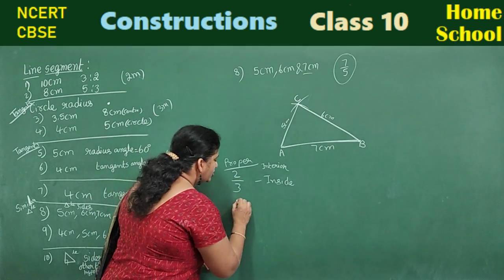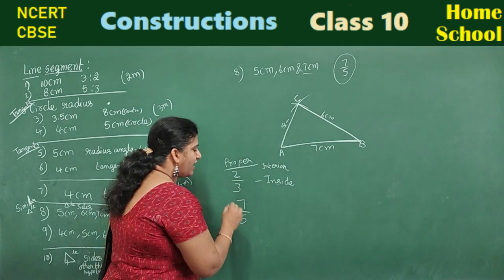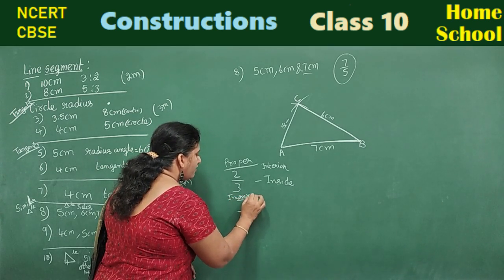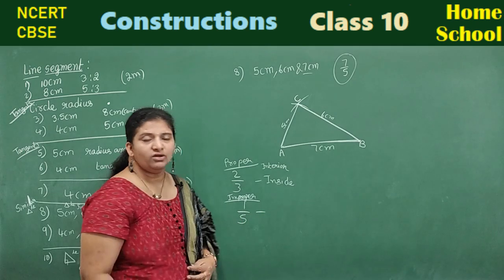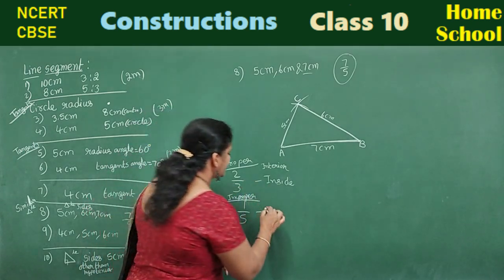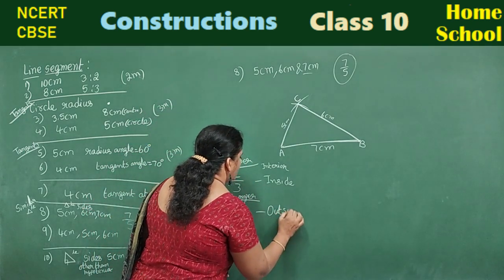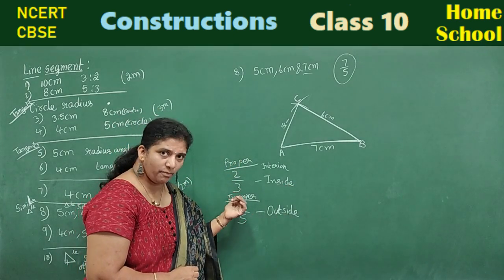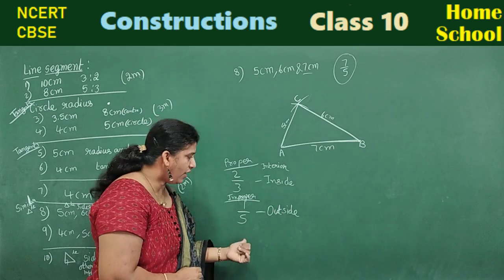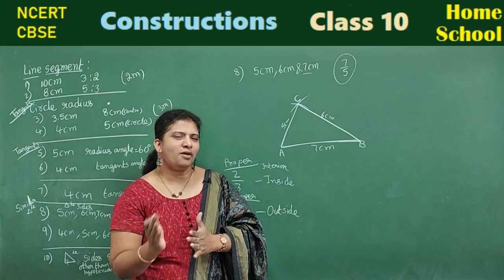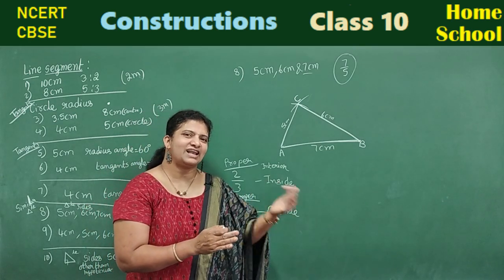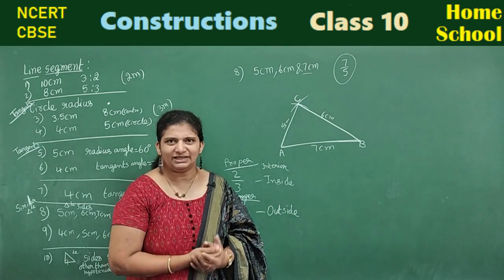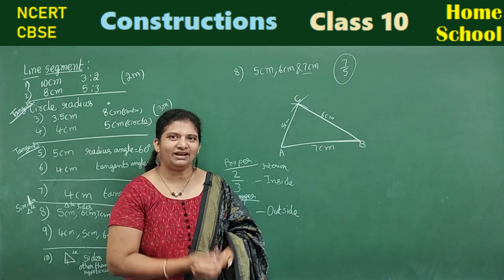If your fraction is improper, where are you going to sit? Outside. Okay, just a tiny example. If your fraction is proper, inside. Improper, outside. Properly coming to school, inside the classroom you sit. Improperly you come to school, you will be late, then you will be outside the classroom.